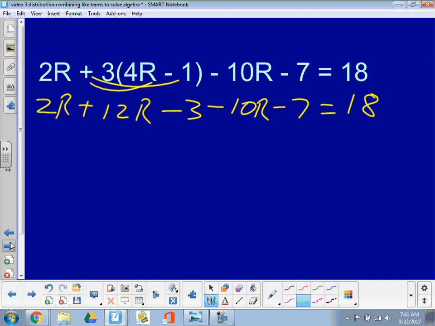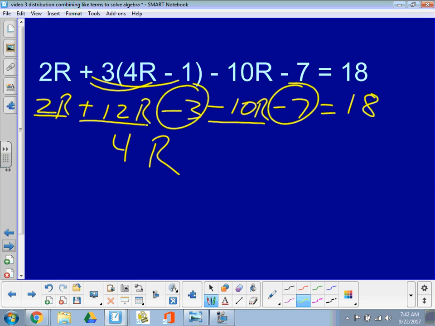I'm going to take a look, first identify like terms. I have a 12r and I have a minus 10r. Well, 12 minus 10 is going to be a 2r. Plus this other 2r is going to give me a 4r. If I take a look at the numbers that I can combine, negative 3 minus 7, I lose 10,